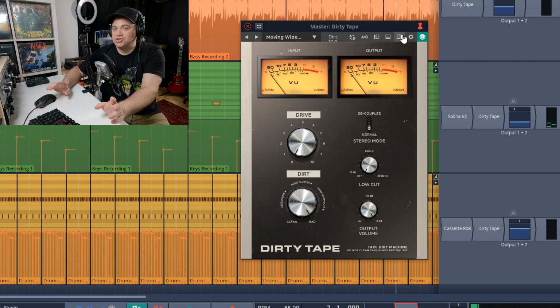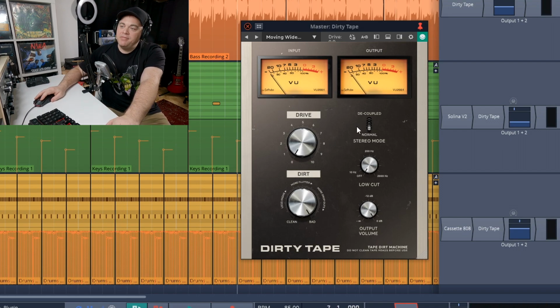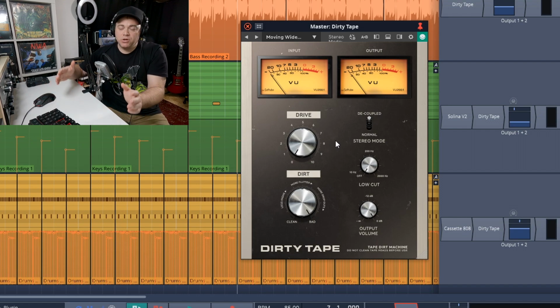I'm going to keep it at extreme just for this example, and then we're going to use this stereo mode and we're going to change it to decoupled. And what this does is it sort of splits the signal left and right, so it's going to add the effect to the left and right, but it's going to be different on both sides, creating a more wider sound and some more movement types of sounds.